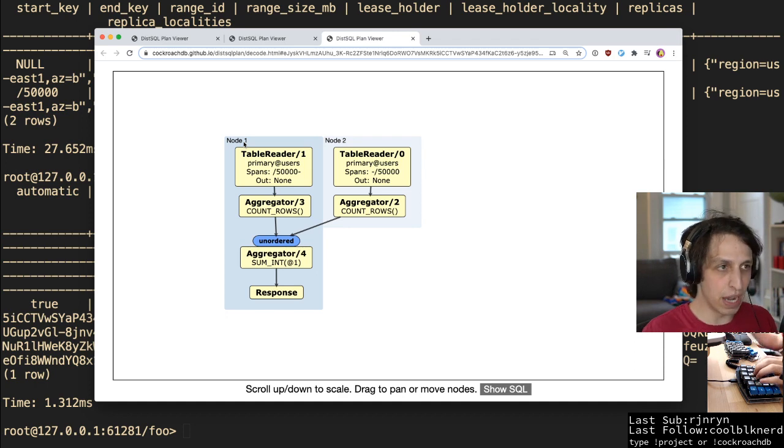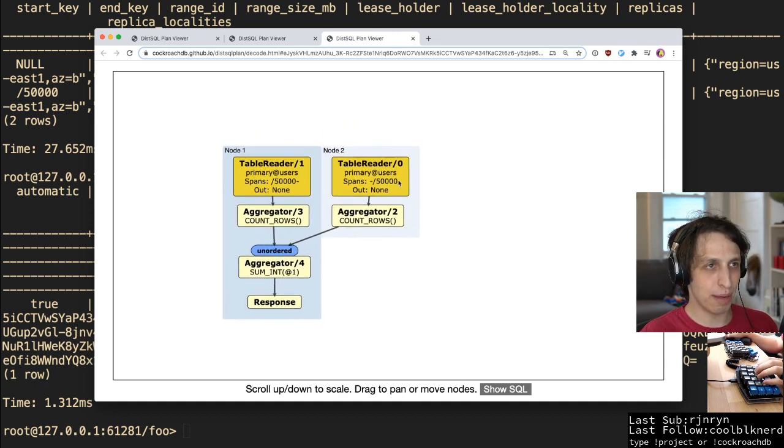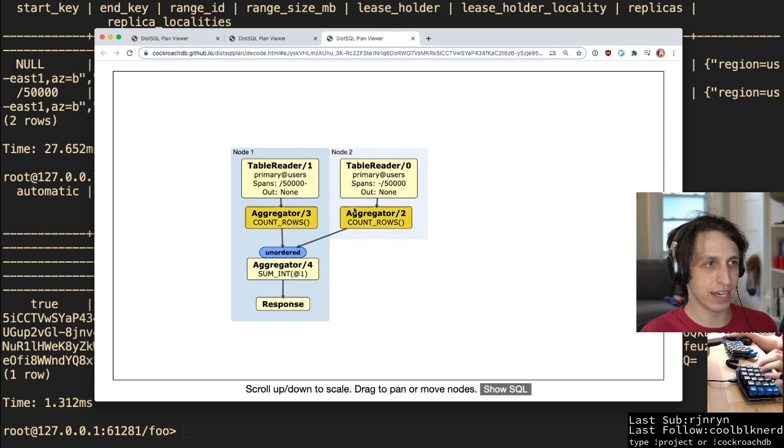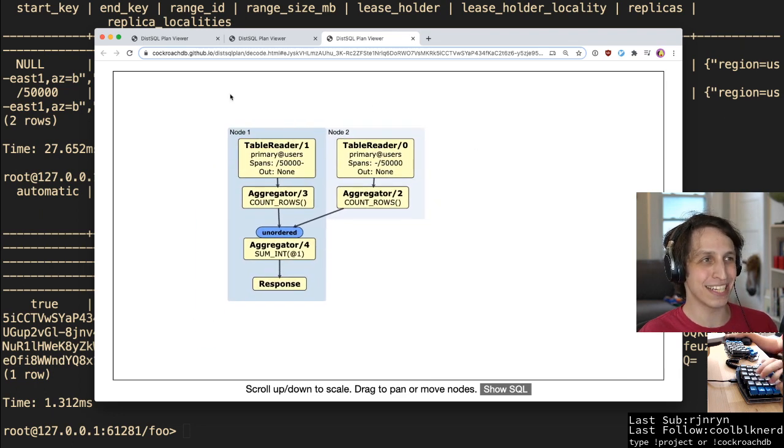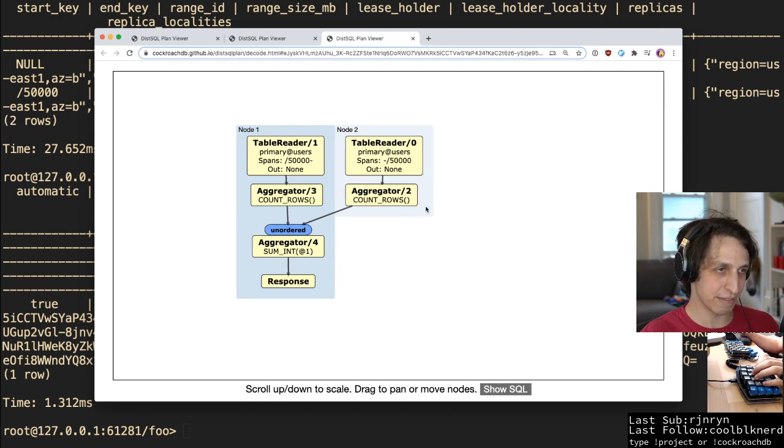But the truth is that for one of these more complicated queries, maybe I should show you an example of that now. This graph, which is really quite nice, is very appealing. You can immediately see what's going on. There's a couple nodes, there's some lines where the data is transferring. The processors are taking multiple inputs. It's kind of obvious what's going on, at least to me, since I've been staring at these for a long